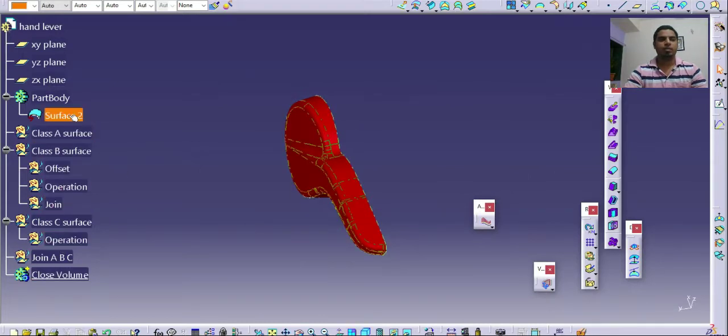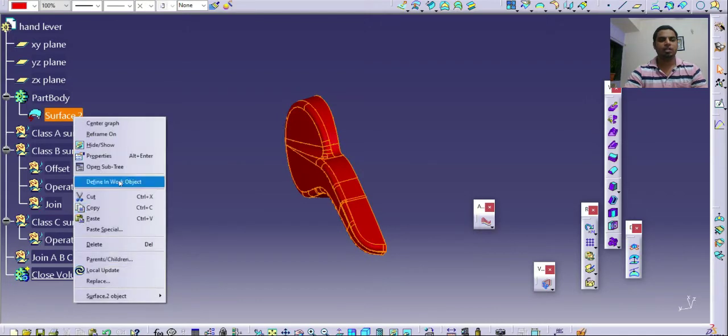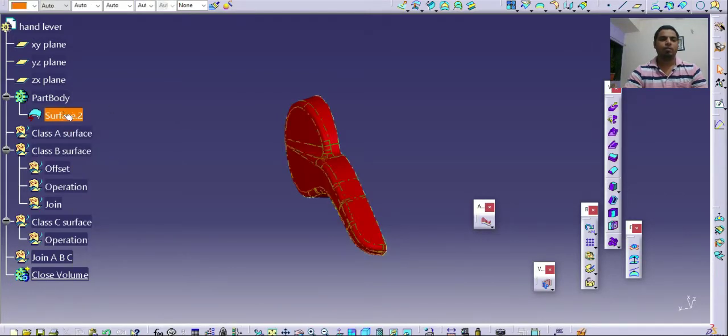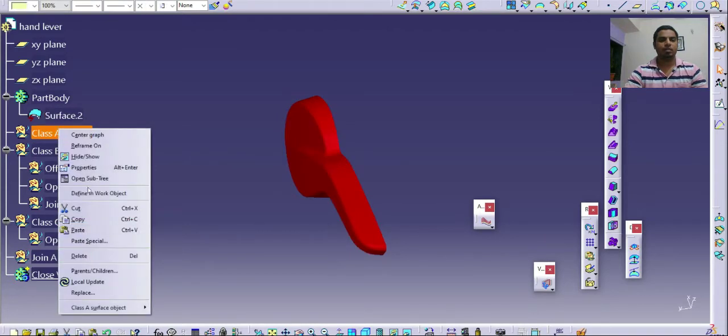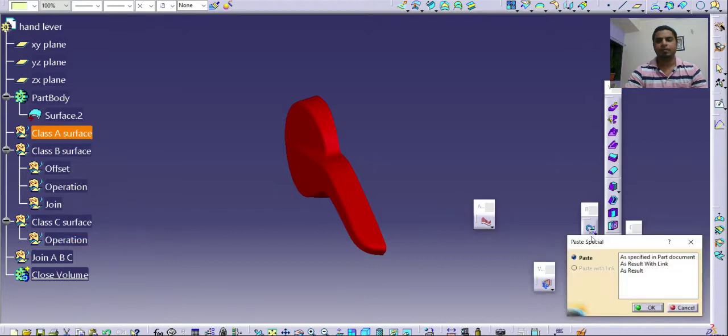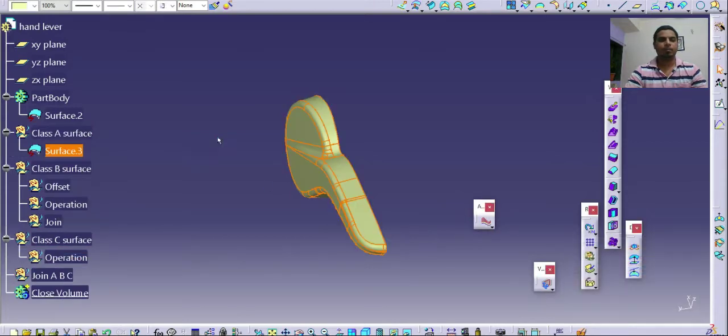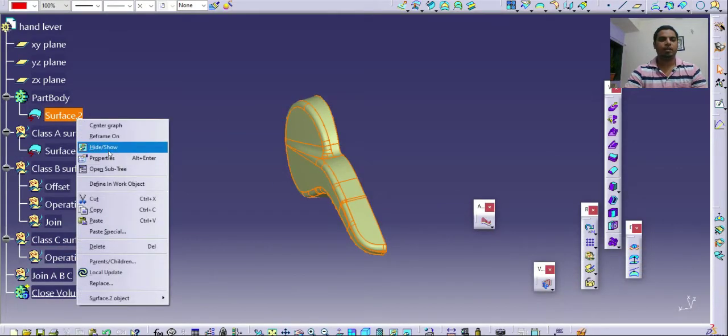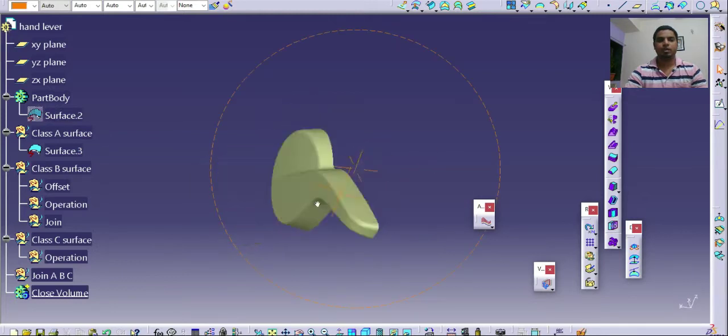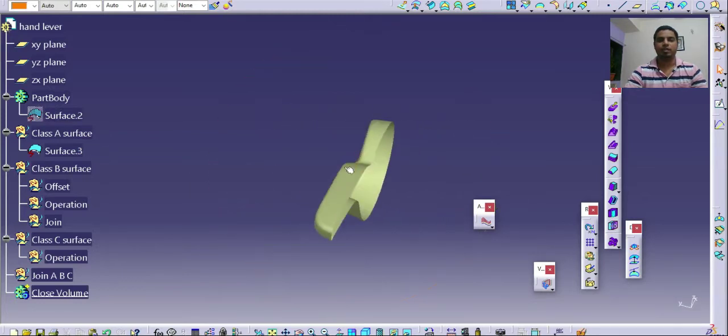I will copy this surface into the class A geometrical set by simply dragging it, or else we can change the geometrical set of a given part, or copy this and paste it in this geometrical set. I will be hiding this. So this is your given class A surface.